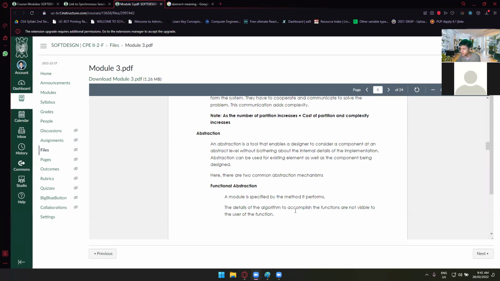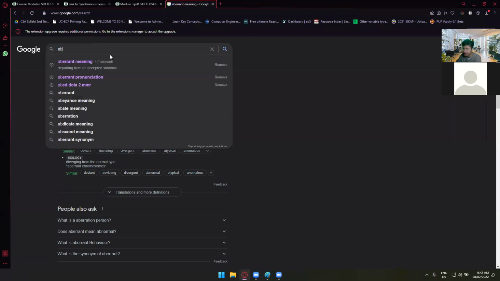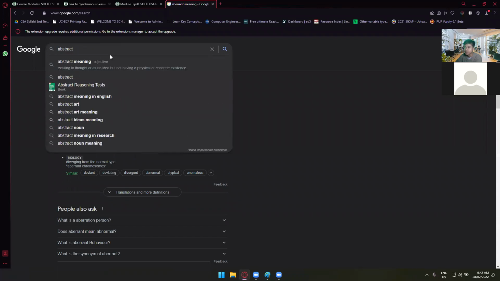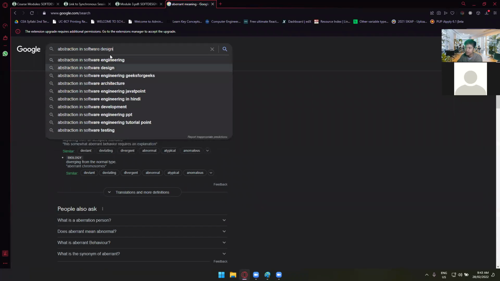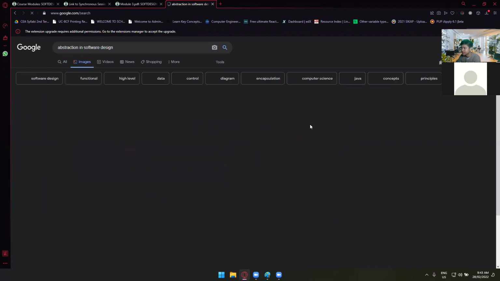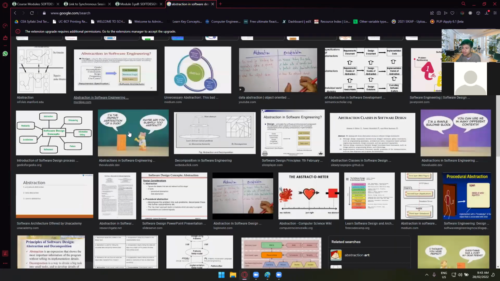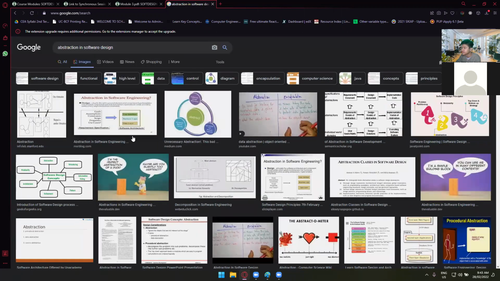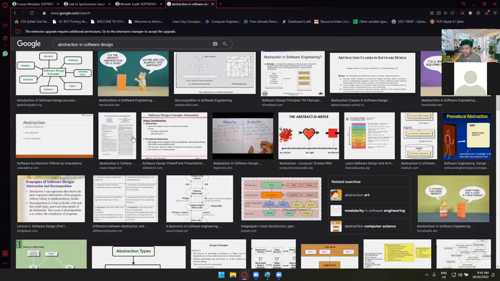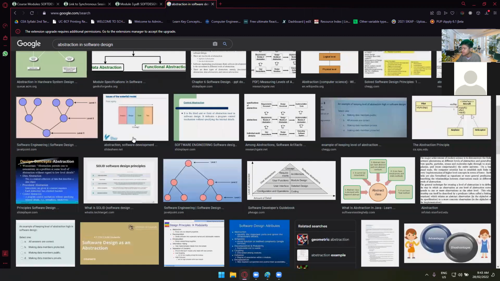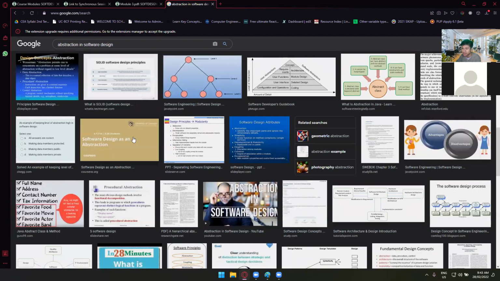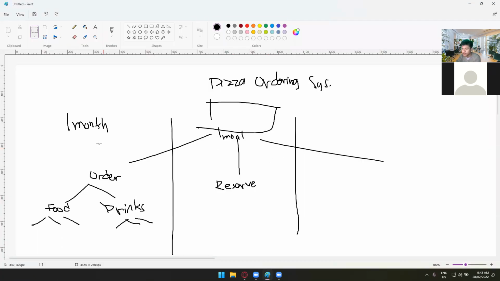Anyway, on abstraction, I guess the best way to explain this one is by using a diagram. It seems that I cannot find one. Anyway, when we say abstraction, it is dealing with one part to another part of a module, wherein, let's see,